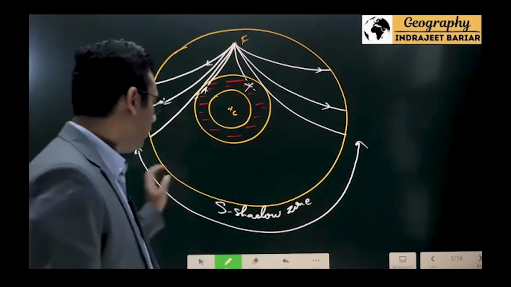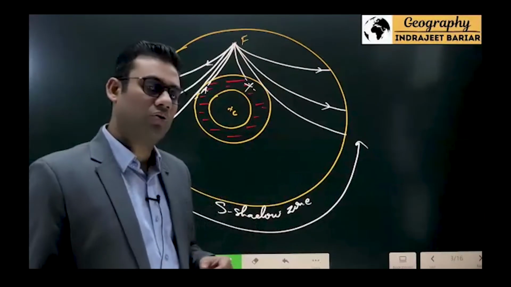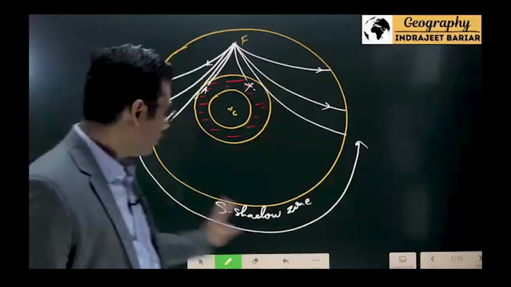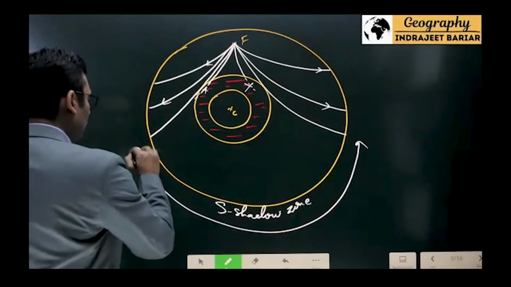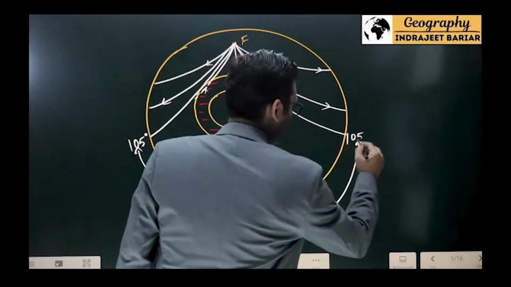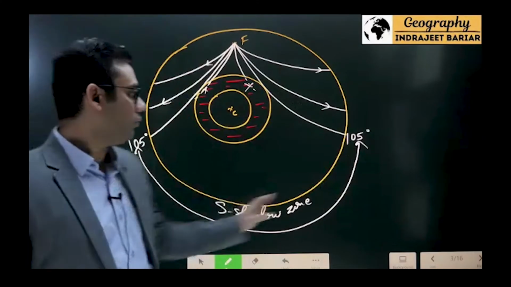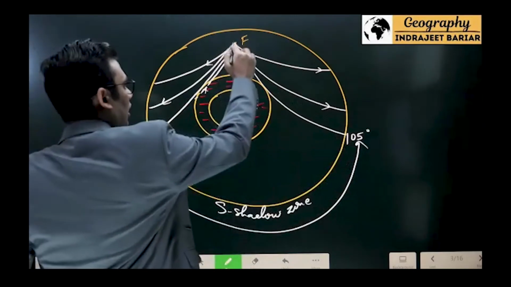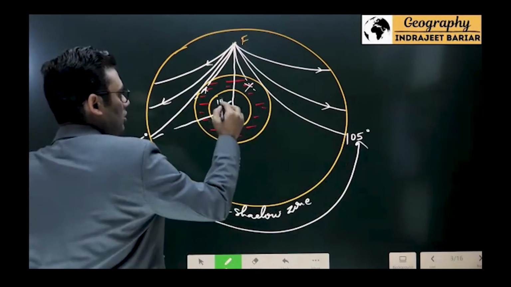So the shadow zone is where we receive no such waves. You call it the S shadow zone right now. After this, we will talk about the P shadow zone. In this zone, S waves are not received. And as a fact, you have to memorize it for the paper. That is, the S shadow zone extends beyond 105 degrees. So 105 degrees from all the sides. This angle is measured like this. Focus to center, and from here. This is 105 degrees.